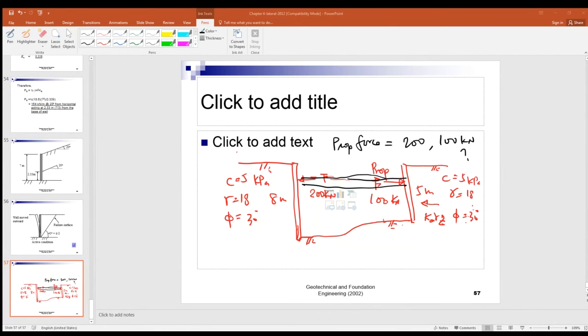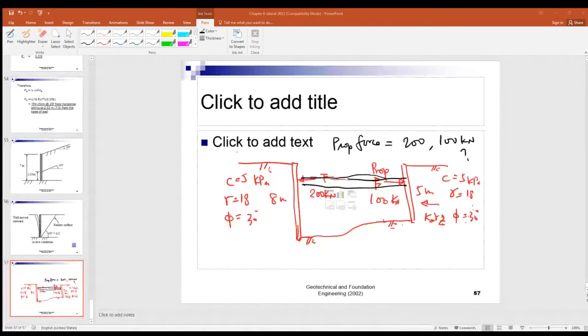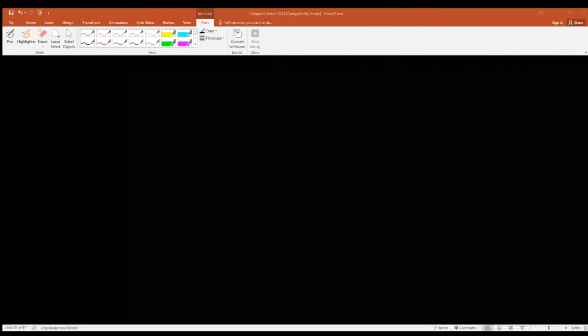So in Hong Kong, we have cut and fill, right? Particularly here, right? You have the original ground there. Then we want to form